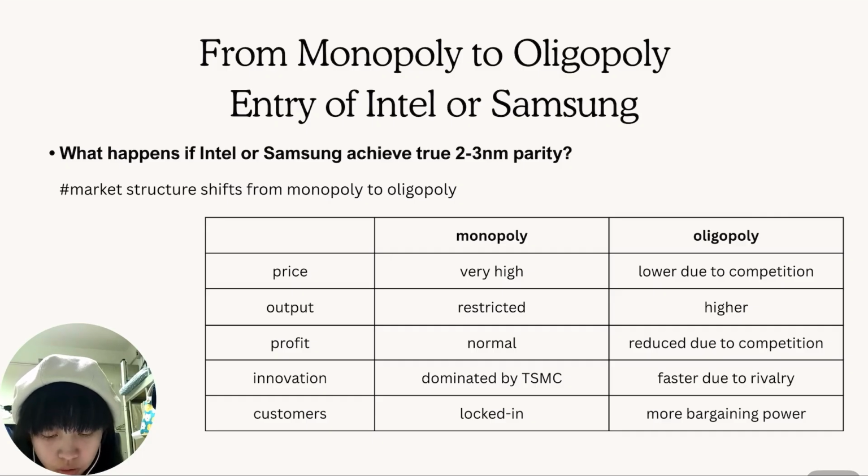In our final conclusion in this topic, TSMC functions as a monopoly in advanced chip manufacturing because of extremely high fixed costs, strong economies of scale, and powerful technological barriers. By producing where marginal revenue equals marginal cost, it sets a high monopoly price, earns long-run economic profit, and creates stable profit. The rapid growth of artificial intelligence has further increased its demand and profit. However, future competition from Intel or Samsung could transform this monopoly into an oligopoly and reduce monopoly power. And that's the end of topic 2.